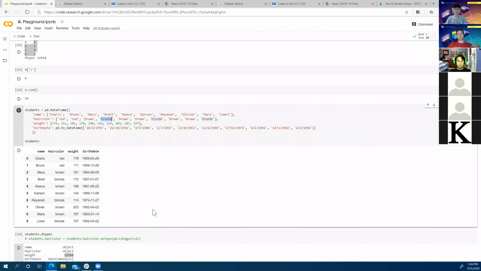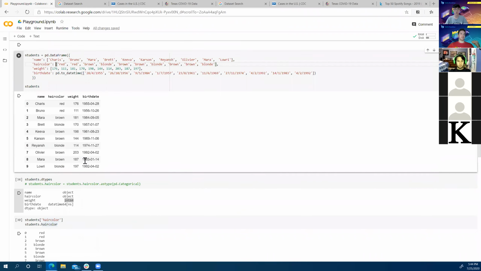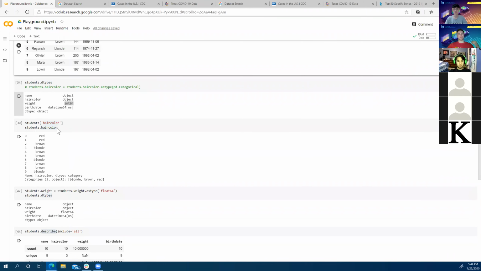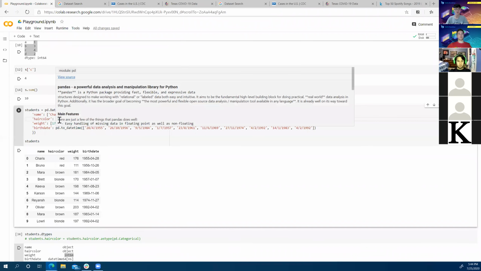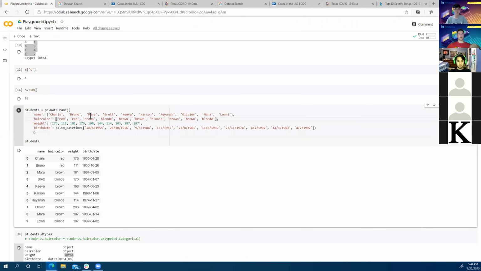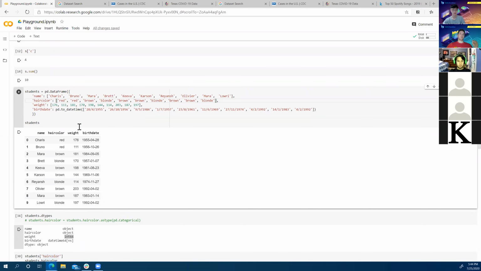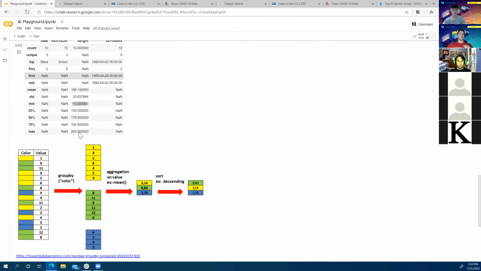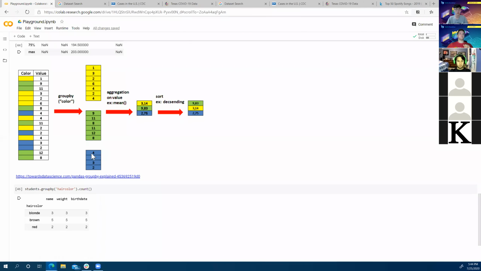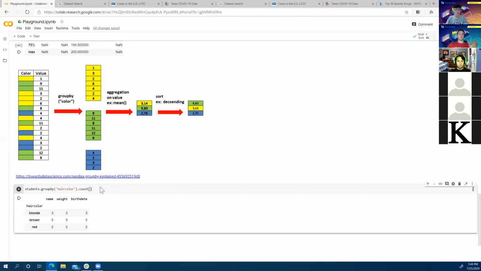I'm also noticing while I'm saying this that I don't think I converted this column back to categorical. And I think that the example I gave of why you would call it a categorical was so that you can use group by. So clearly group by can work on a column that's not defined to be categorical. I think there's a couple other reasons to do categorical. I don't know them off the top of my head though. In general, if you are going to treat a column as a category, it's probably a good idea though.